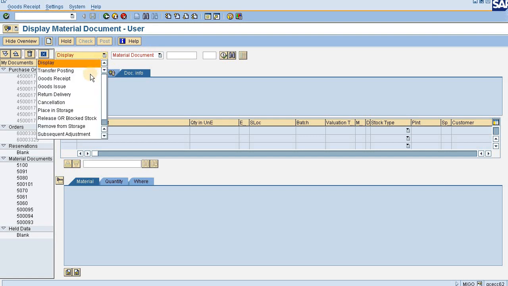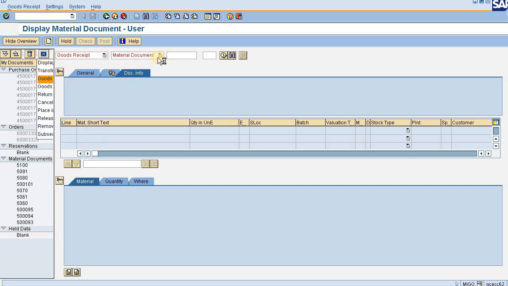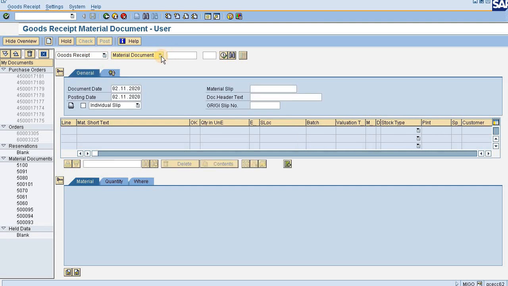Now I have to do the goods receipt against purchase order. I have to select purchase order here. Clicking on the drop down, I select the purchase order. Then I put the purchase order number here, and execute accordingly. Thus the details of the purchase order would be coming up.